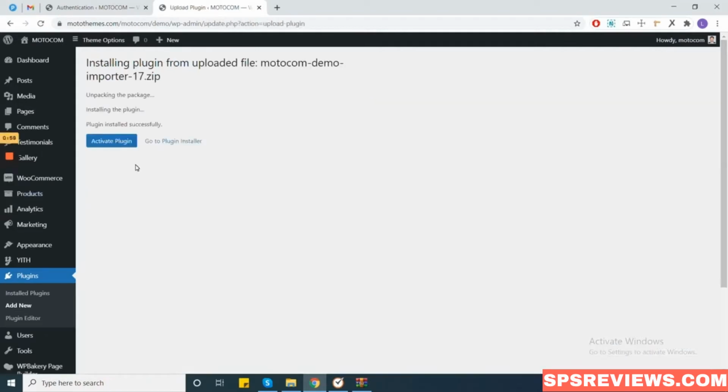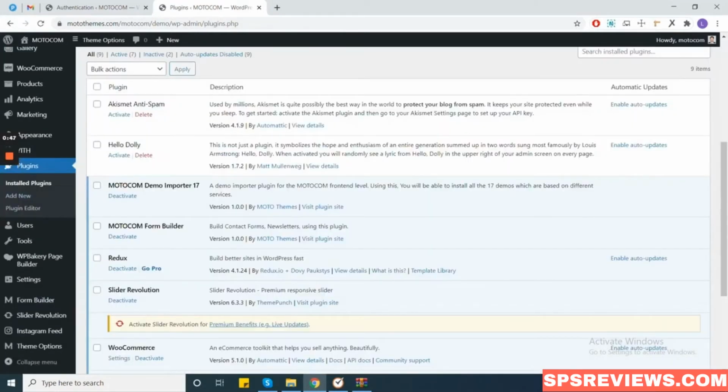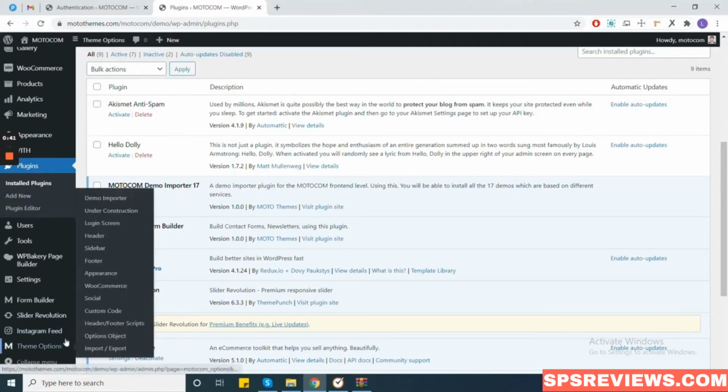After the successful installation of the Demo Installer plugin, we need to activate the plugin. After successful installation of the Motocom Demo Importer, we can see the option of Demo Importer in the Themes option.